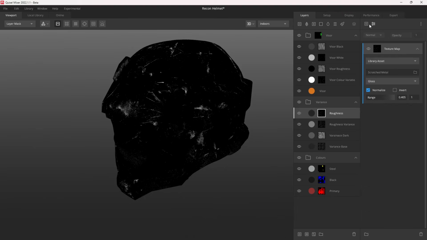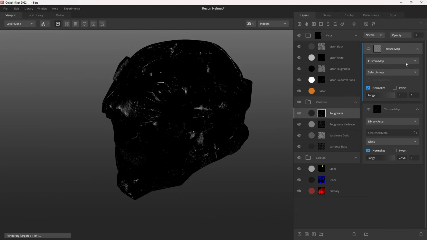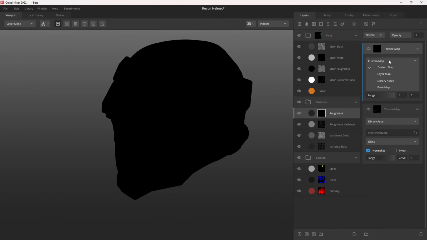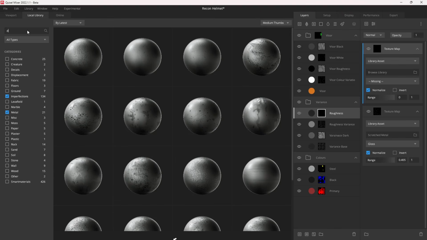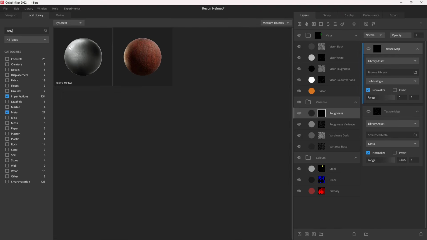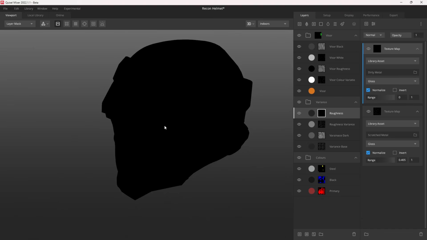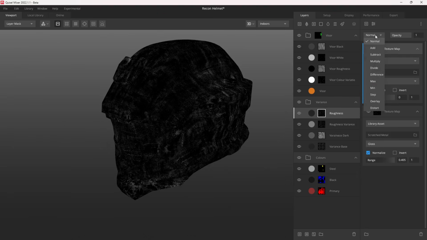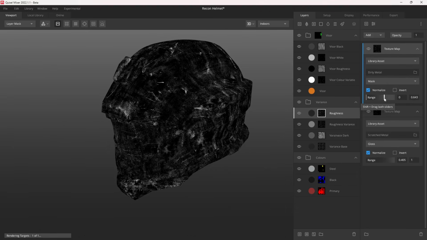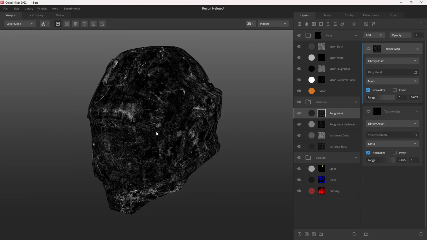And then we'll just add a new texture map. So we're not going to do any projection mapping on that one there. We'll get another library asset, and this one's a dirty metal. I think there's only one of these, so that makes it nice and easy for us. So we'll grab that, we'll change this to mask, and then we'll set the blend type to add, and we'll just drag this range down to 0.6. So just something like that. So yeah, you can see we're